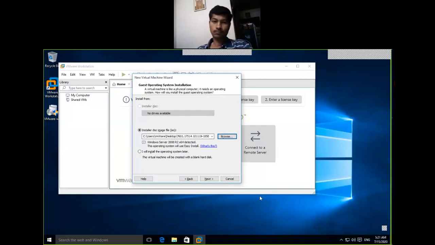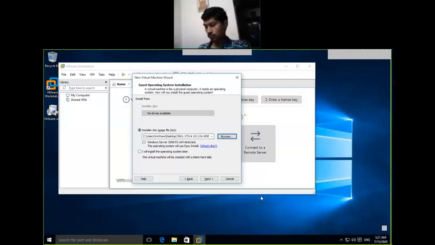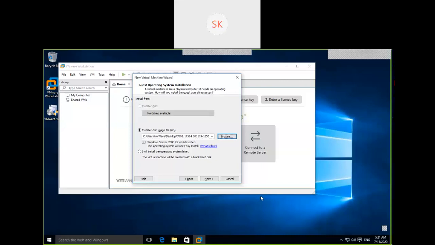As soon as you attach the ISO image, it is going to detect what operating system is available on the disk. It is Windows Server 2008 R2 64-bit detected. If you want to install 2012 or 2016, you can download the ISO image from the Microsoft vendor.